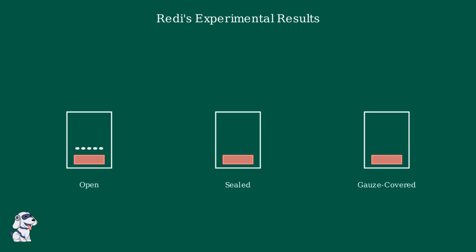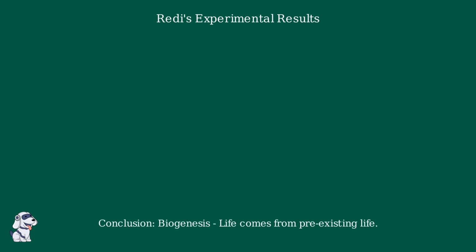In the open jar, flies entered and laid eggs, resulting in the appearance of maggots. This clearly demonstrated that the maggots were the offspring of the flies. Conversely, in the sealed and gauze-covered jars, the meat remained maggot-free. Because flies were prevented from accessing the meat, no maggots developed. These observations provided the first rigorous experimental evidence against spontaneous generation, supporting the principle of biogenesis, that life only originates